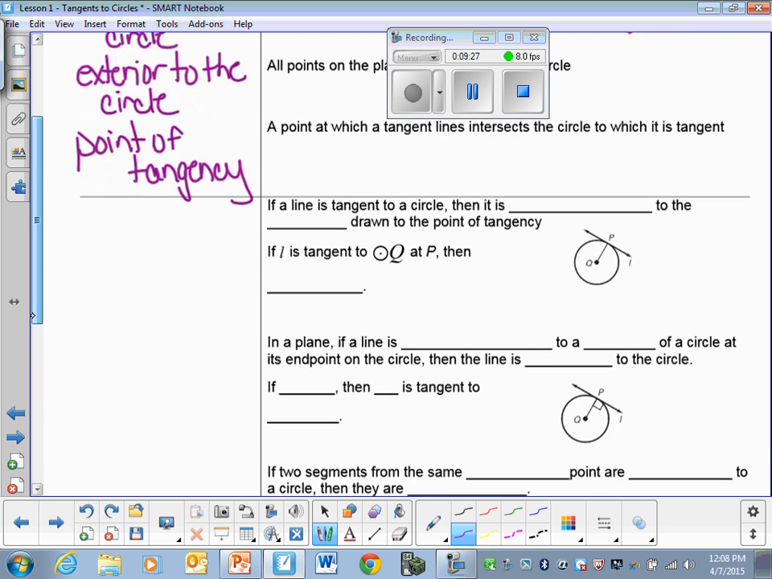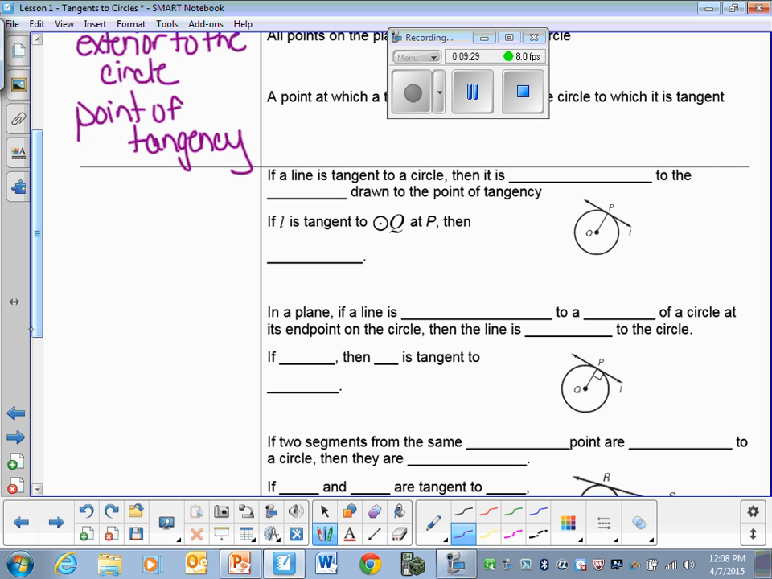All right, so let's take a look. We have some theorems. I know how much you love your theorems. They make you so happy. And notice that none of these have names. Always fun. If a line is tangent to a circle, then it is perpendicular